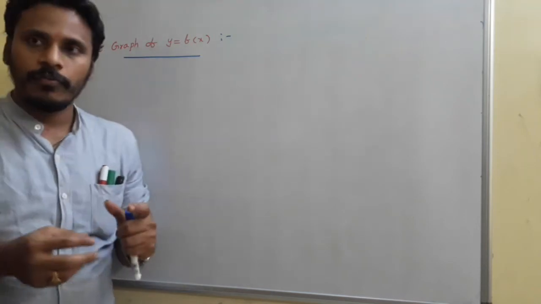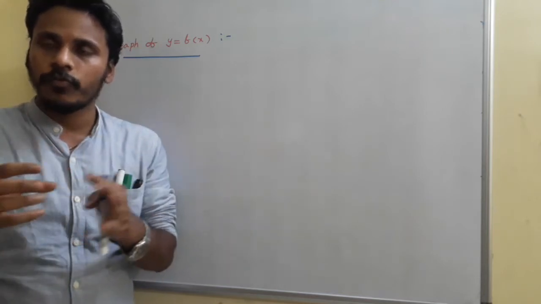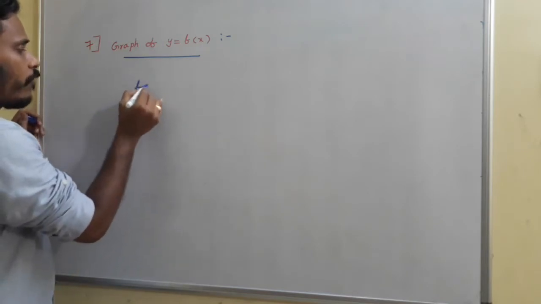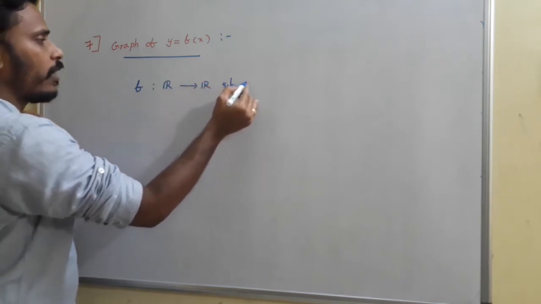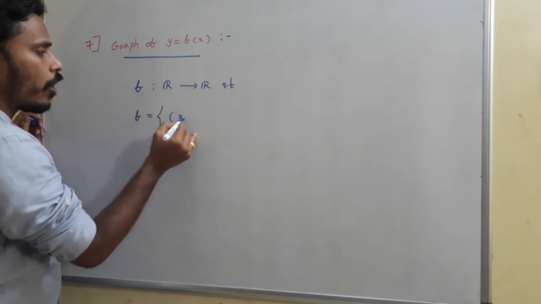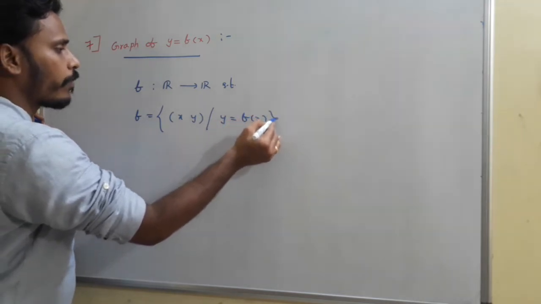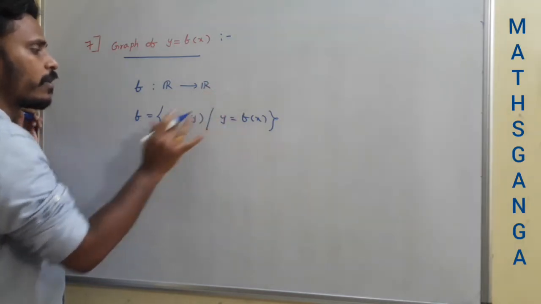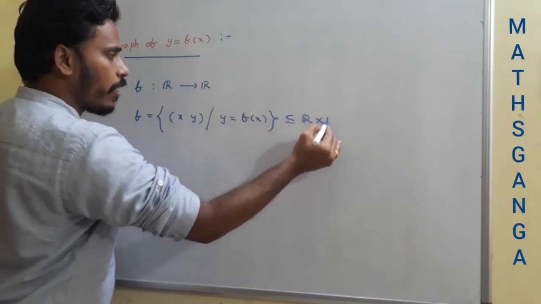The next point I will mention is about the graph, and the domain, codomain and graphs for some standard functions. Okay, the graph of y equals f of x. If f is a real function from R to R, such that the definition of f is that it contains the ordered pairs x comma y such that y is equal to f of x. Okay, f is a function from R to R, defined as containing the ordered pairs x comma y such that y equals f of x, which is a subset of the Cartesian product, and we know all these things.